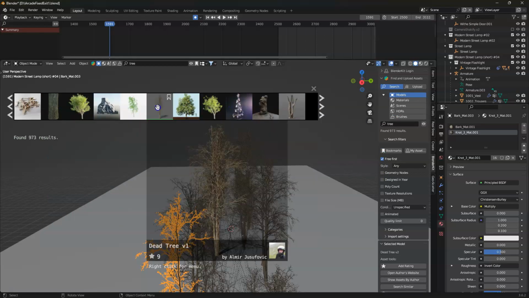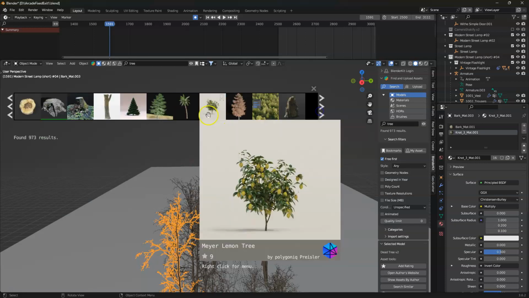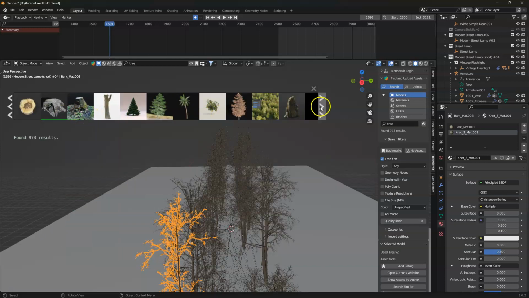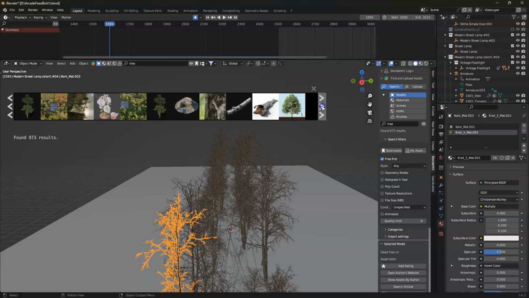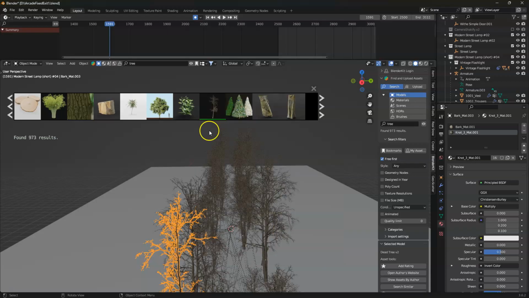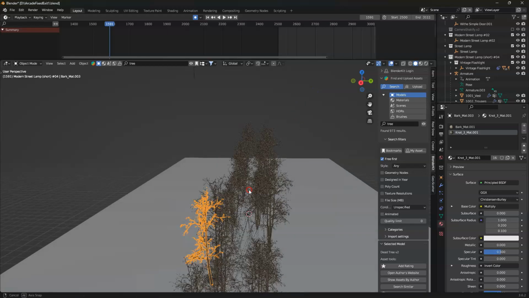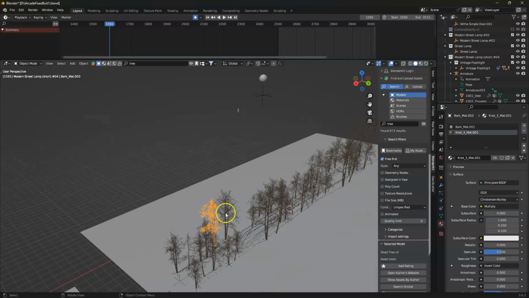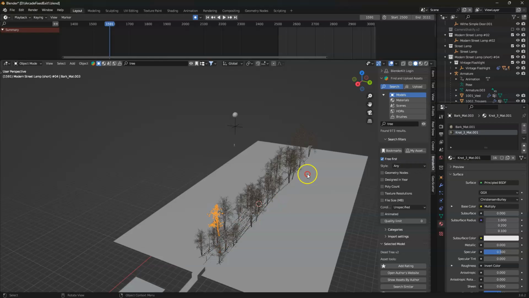Yeah, it's this one right here. You see dead tree version 1. And then there's a dead tree version 2 that I use as well. It's somewhere here, but basically you just look up trees right here. Dead tree version 2. And all I did was add in version 1 and version 2 a couple times, and then I just altered the sizes, rotated them, duplicated them, and I did that a bunch of times,